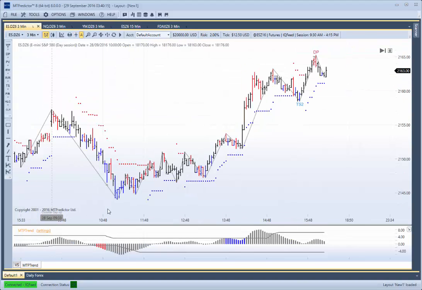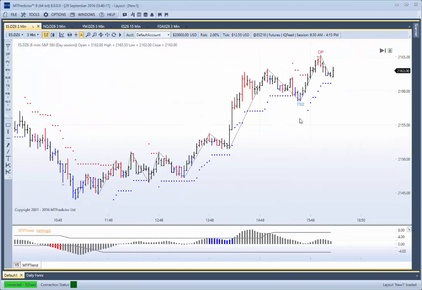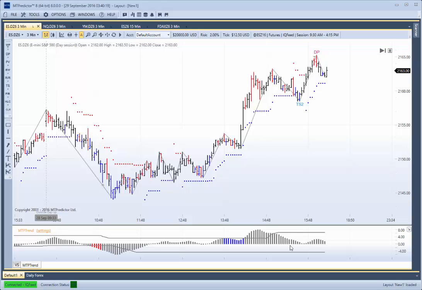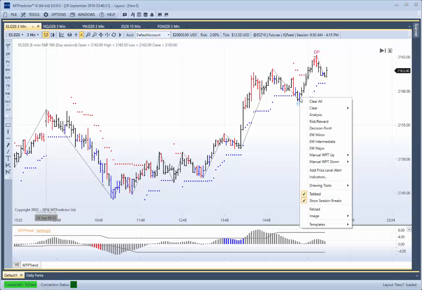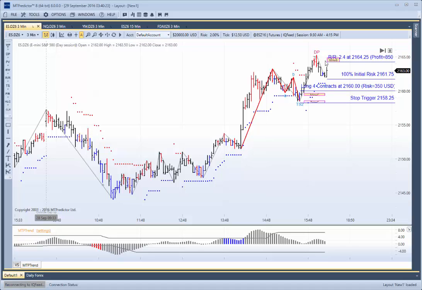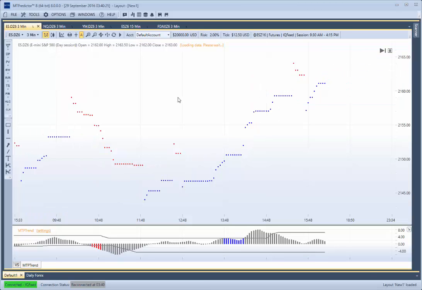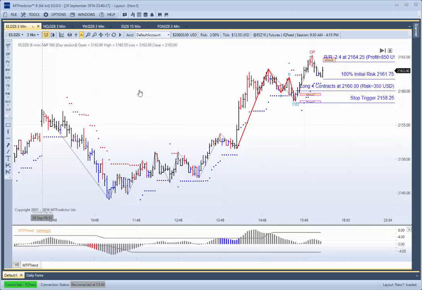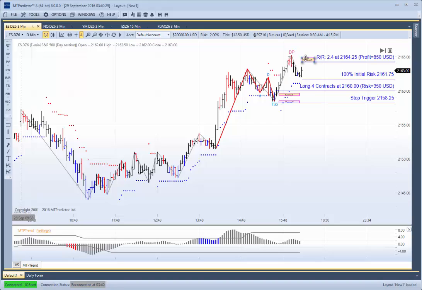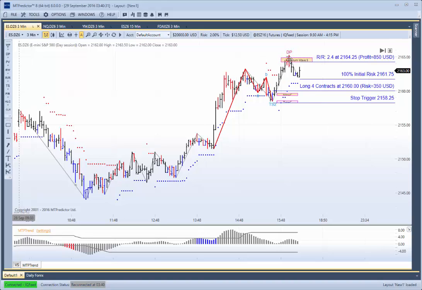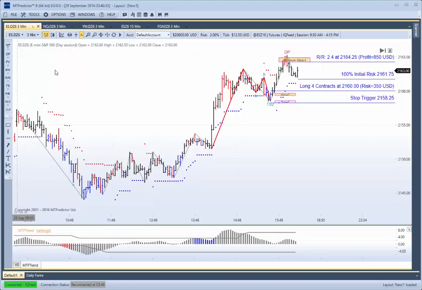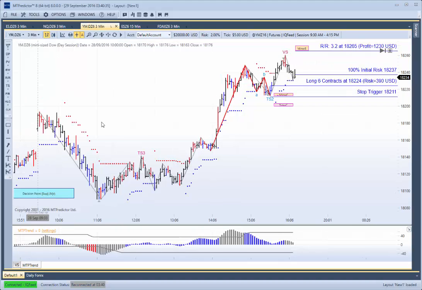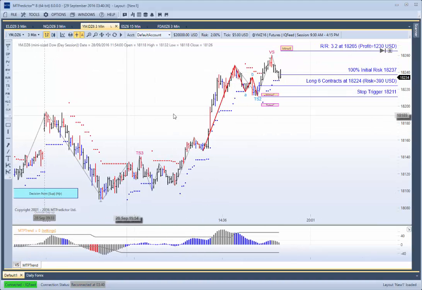If I go over to the ES, that TS2 buy setup there was actually on a black MTP trend. If I do the analysis on that, that actually did reach the target there, for a nice, whoops, sorry, clicked on the mouse there, reached the target there for a nice 2.4R profit. So that was quite nice as well. But the main thing I wanted to show you was this